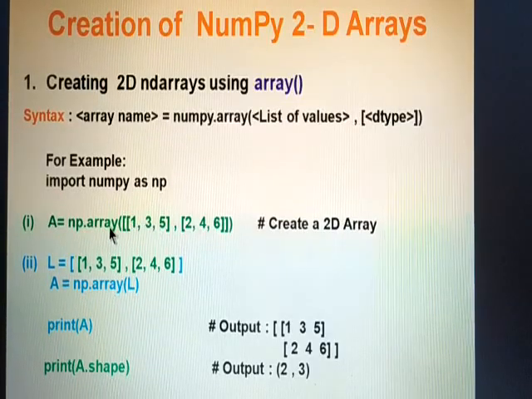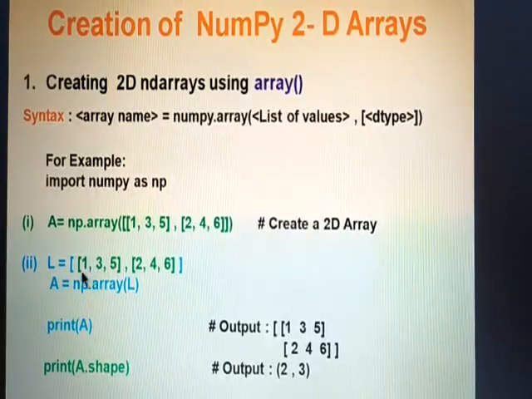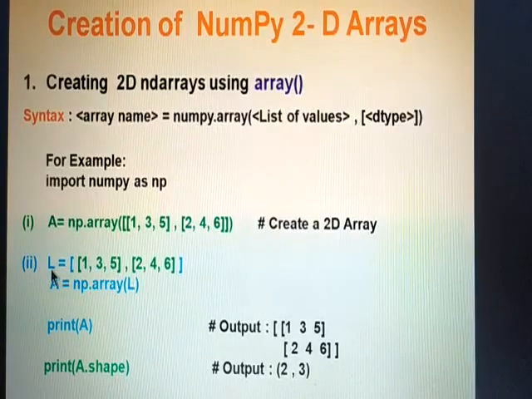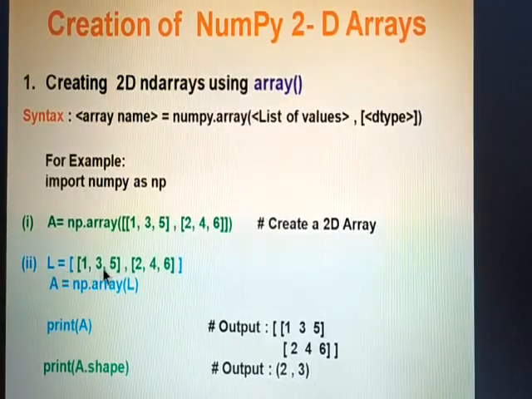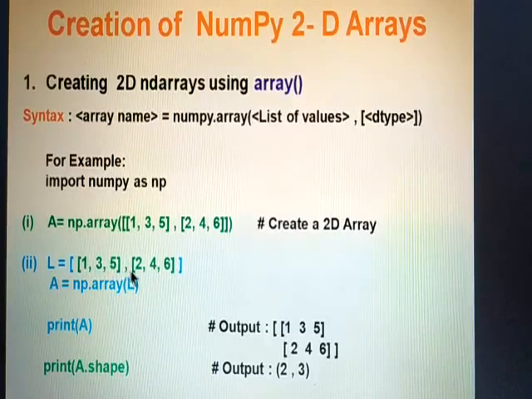Just consider another example. Here we first created the list by using the L variable. L equals 1, 3, 5, comma 2, 4, 6.